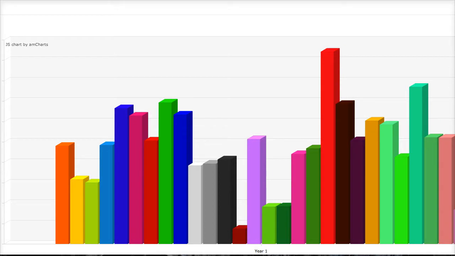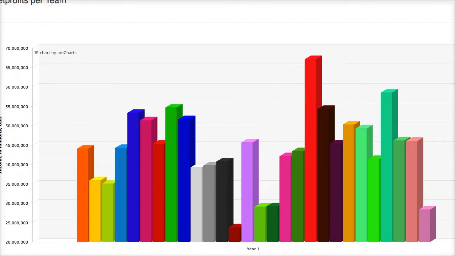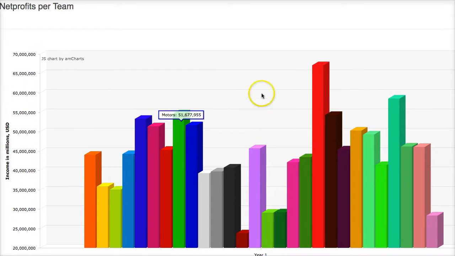So here is the round one information. If we go by net profits per team, we see that New Cars at Work had the highest net profits, followed by Dental Cars, and then I guess third would be either Precision Motorworks or Powell Motors, 54.2, 54.6. Okay, this would be second place.